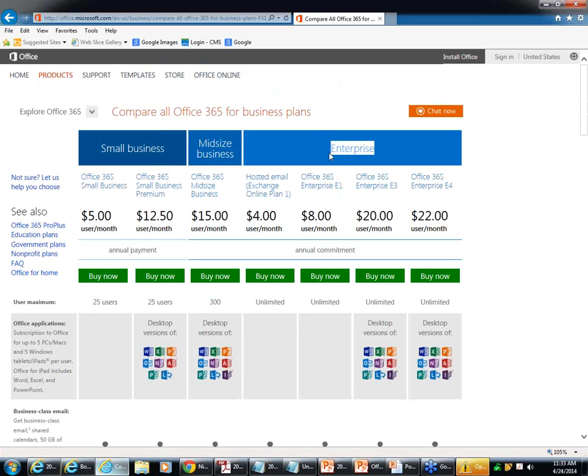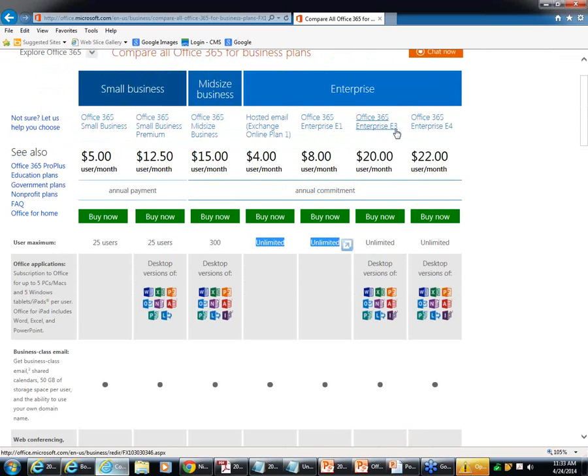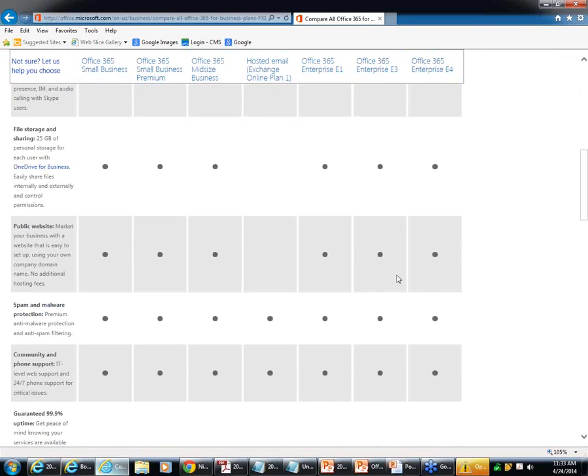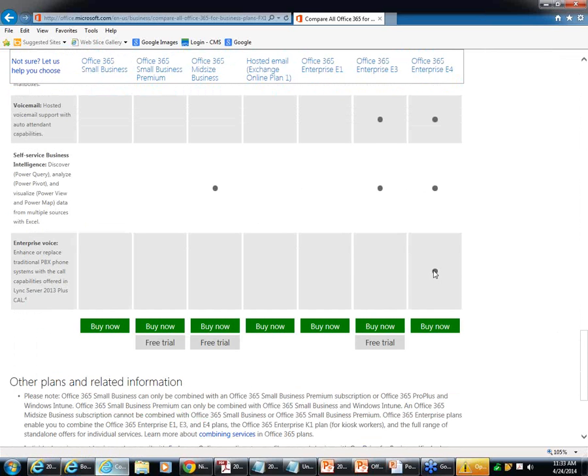And then you have your enterprise versions of Office 365, where we can support an unlimited number of users. And this is probably where a lot of businesses might want to go, because they like that flexibility. Now, as you scroll down, you'll see that your Enterprise E3 product and your Enterprise E4 product, being the most expensive of all of them, those dots just kind of keep going. Okay, they have basically every feature. And the one difference between Enterprise 4 versus Enterprise 3 is the Enterprise Voice benefit.